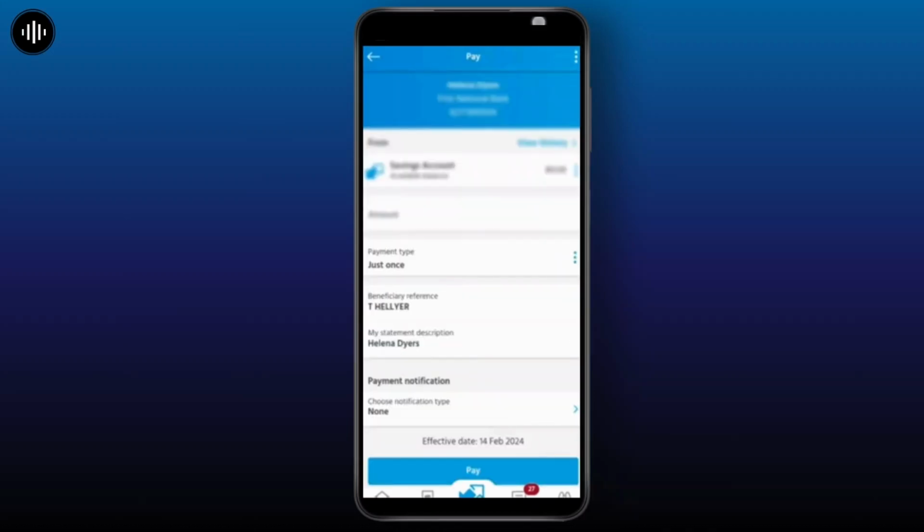Now, once you have selected a beneficiary, you have to input the amount that you wish to transfer. Input the amount and confirm the recipient details if it is a new beneficiary. After that, you have to review the transaction details for accuracy, and once you're done, tap on Pay from the